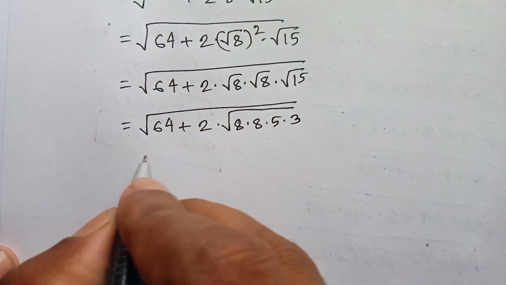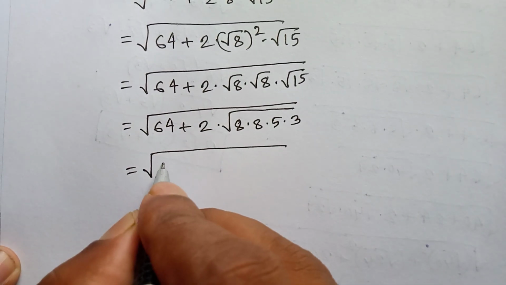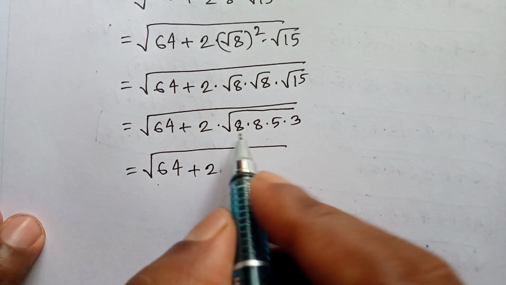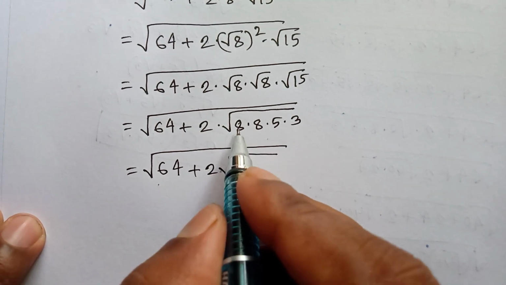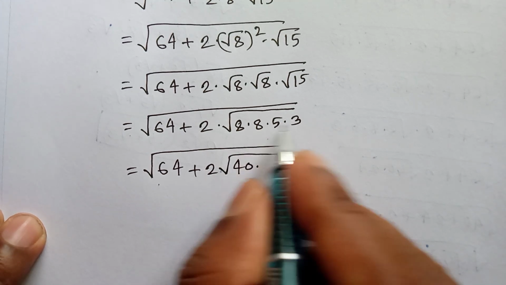Next step, we can write here under the square root of 64 plus 2 times the square root of this 8 times 5, which is 40,